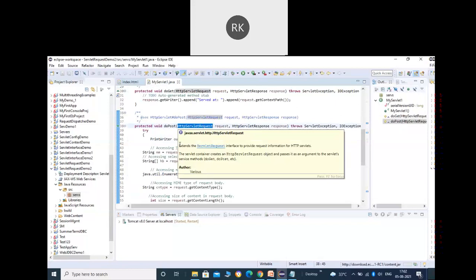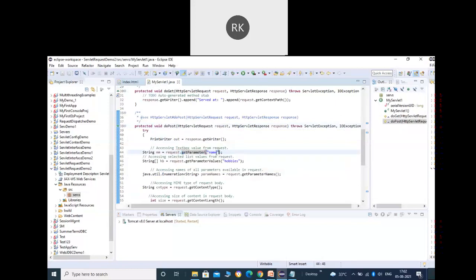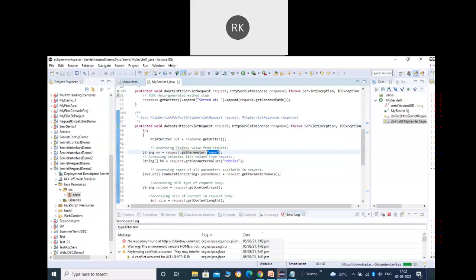So next is what? I want to get the name entered by the user here. So here the parameter name is what? Name, you can see here. Because we know the HttpServletRequest is having a method named getParameter, where we can specify the name of the parameter and it will return you the value of that one.